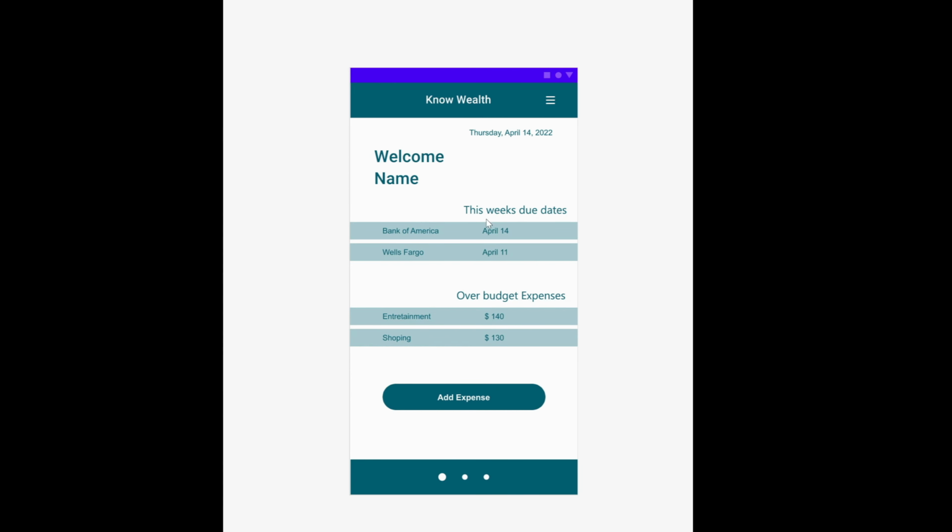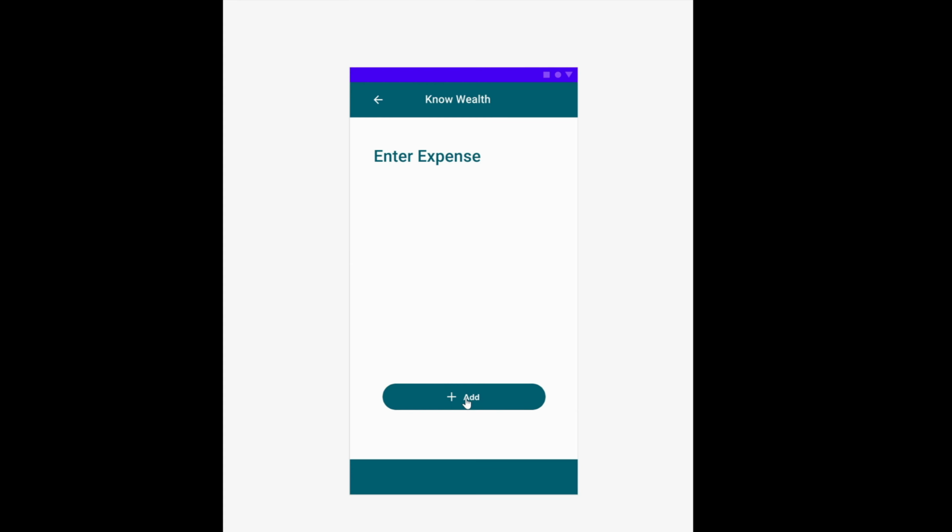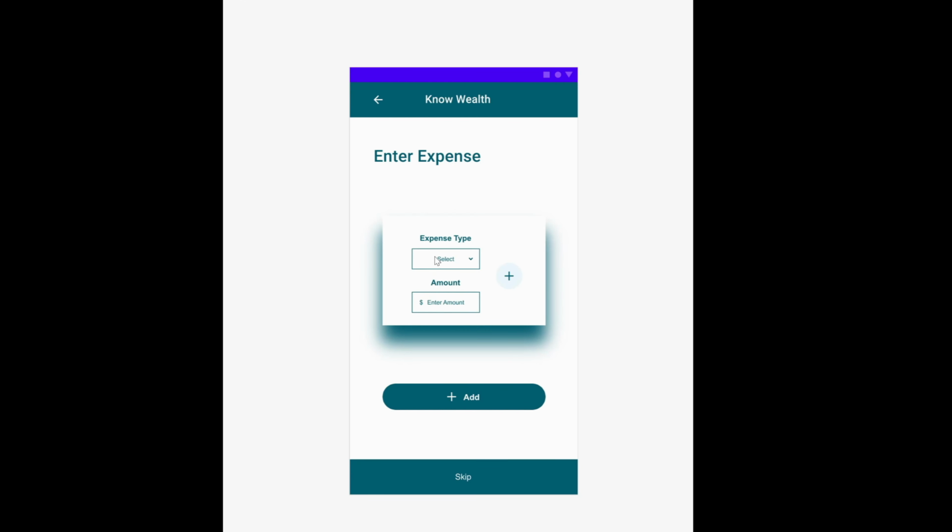You're going to be greeted by a personalized name. You'll be able to see your date up here, and then on the screen you can also find the weekly due dates. And if you have any expenses already added, you can see if they are over budget on the screen. Now, to add more expenses, you just click this button, and it's going to take you to a process to